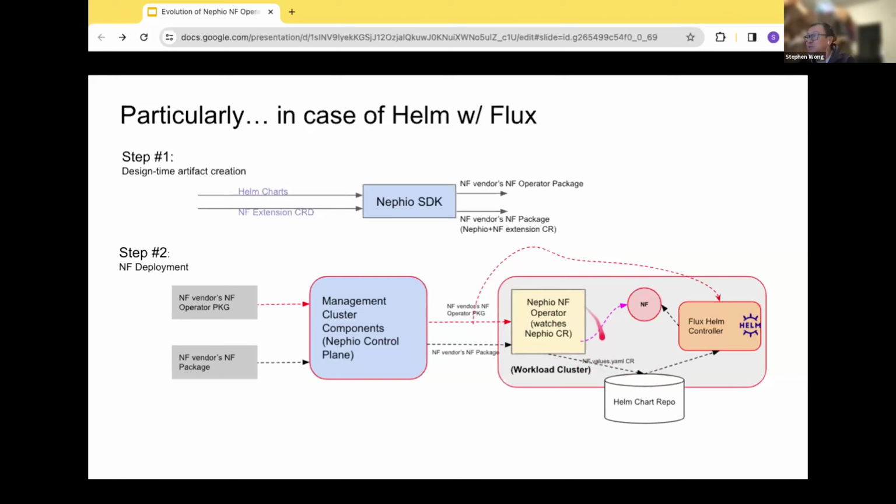We can just load it in as part of the full repo package, or send it into the Helm controllers, and then they would pick up the Helm charts with that config map and deploy it. So that would be one example where the execution engine, the deployment templates, are fully separated from the operators.